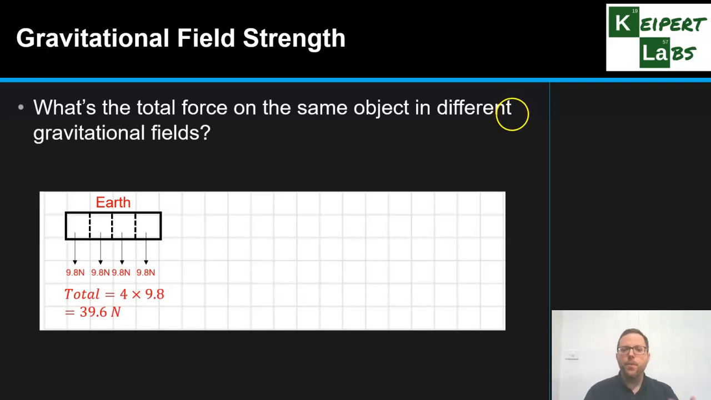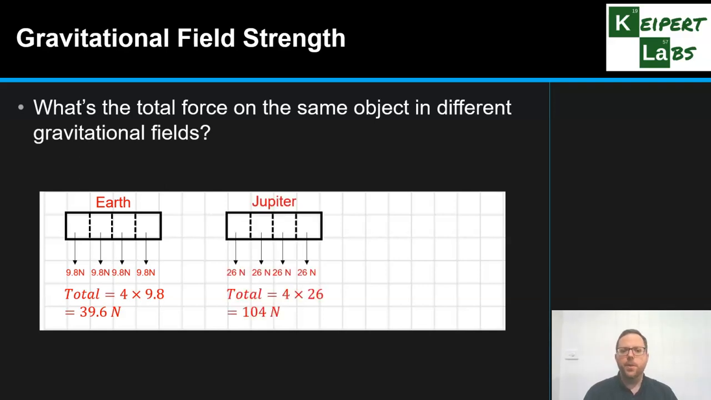So if we consider a 4 kilogram mass object on Earth, each kilogram experiences 9.8 newtons of force, so in total that object experiences 39.6 newtons of force. 9.8 newtons for each of those kilograms. But we take that same object and we put it on Jupiter. Jupiter's gravitational field strength is 26 newtons per kilogram. So each kilogram experiences 26 newtons of force now, so the total force is now 104 newtons